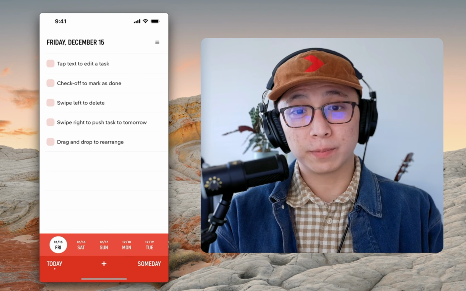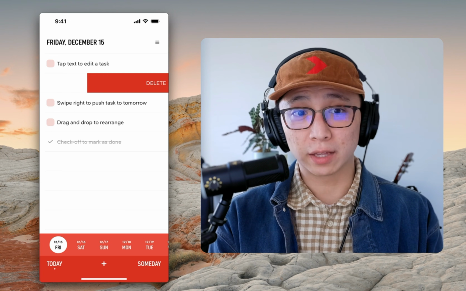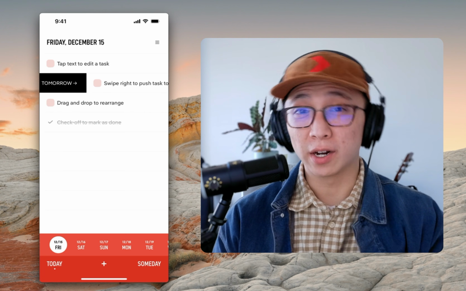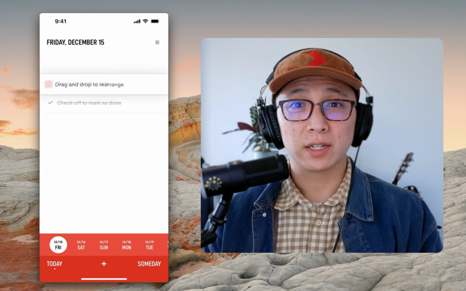And when you're done with it, just check it off to mark it complete, or swipe left to delete it altogether. If you need more time on something, you can swipe right on a task to put it off till tomorrow. You can drag and drop to rearrange the tasks on a list,